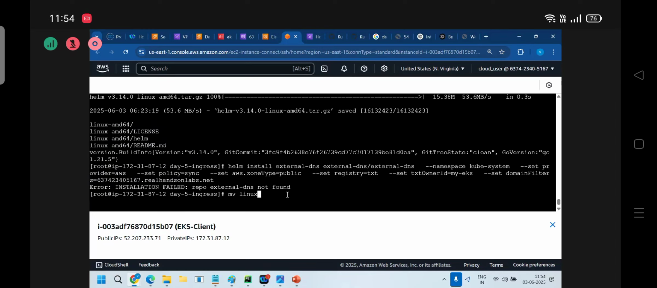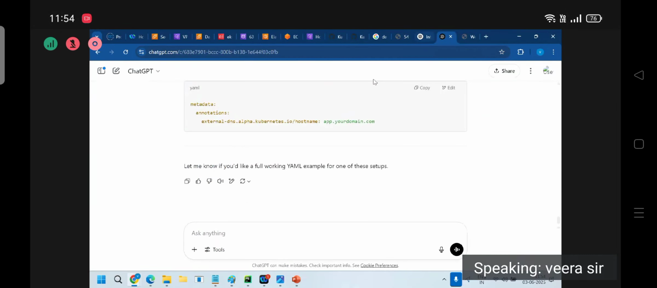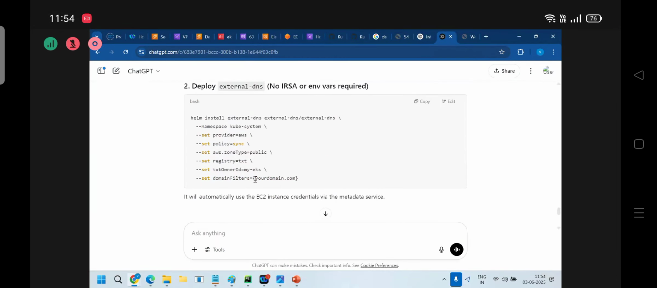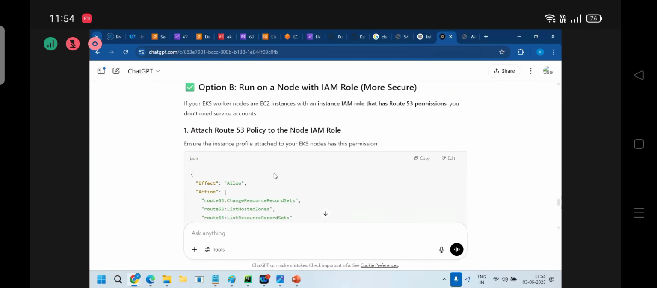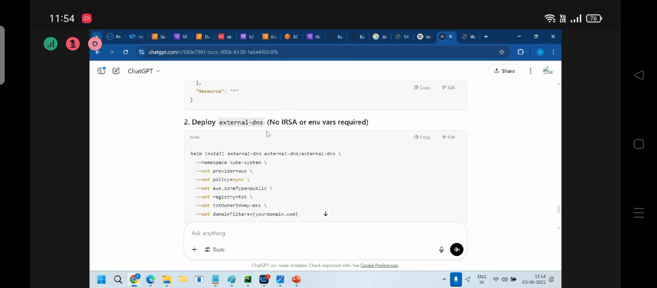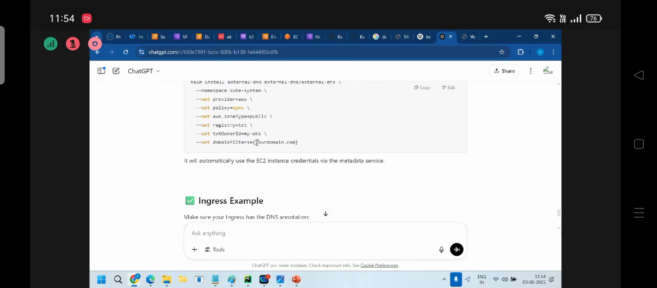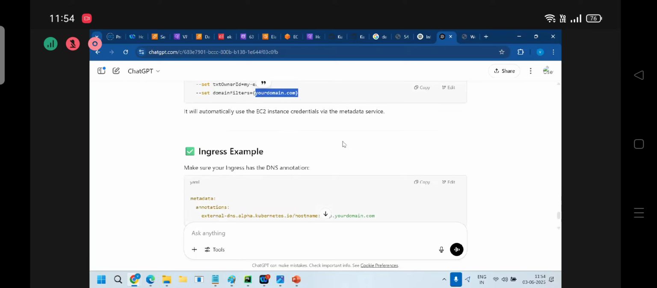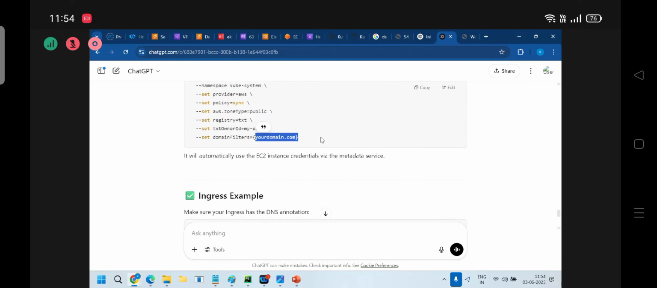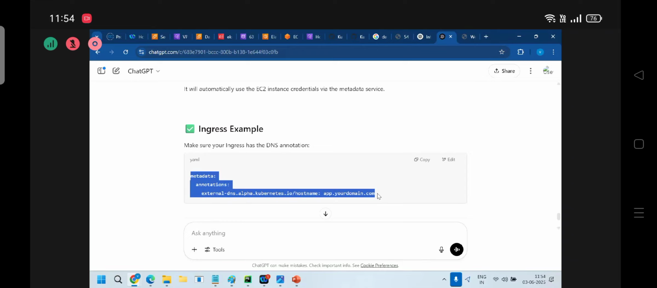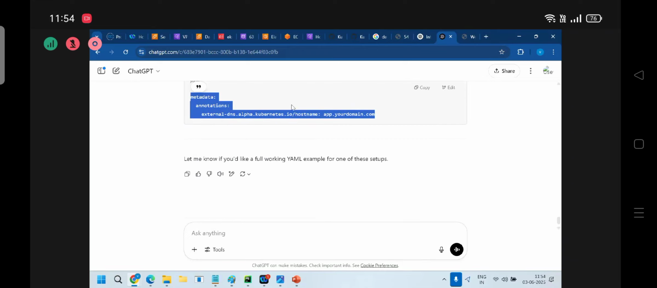Just wait. Take the command one more time here. First is what? Attach the Route 53 policy to the node IAM. Okay. My domain name. Okay, maybe this is created by Pluralsight, right? Maybe unable to call. You can give your Route 53 domain name. Definitely it will work. That's it only. Once you do this, you can add this point into your Route 53, I mean, inside your